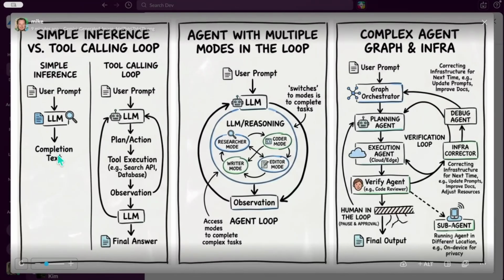We're all sort of used to the user prompt to an LLM, and we all use GPT, right? And then there's the idea of the loop. And then there's the idea of loops with tools and reasoning. This is like the Ralph Wiggum loop, right? And then you get all the way over here into the graph area, where not only are we involving some of these loops like we did before, but we also have planning happening. We have verification. As Stu said, there are humans in the loop. There's some sub-agent work being done, right?